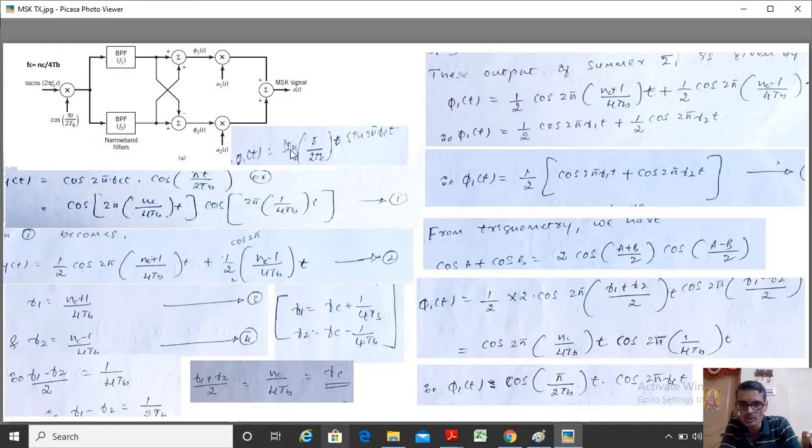I will get the second basis function equal to this. That is phi 2 of t is equal to sine of pi by 2 TB into t, sine 2 pi fct. So I generate the basis functions. I multiply by a1 of t and a2 of t over here. What is a1 of t and a2 of t? This is nothing but the even function and the odd function, that is the even part of my message signal. So basically the message signal, the information signal, zeros and ones, the odd numbered sequences and even numbered sequences should be separated, which I will show you in the next slide by using a waveform. So the odd sequence is multiplied with this, and the even sequence is multiplied with the phi 2 of t. Both are combined together, I get an MSK signal.